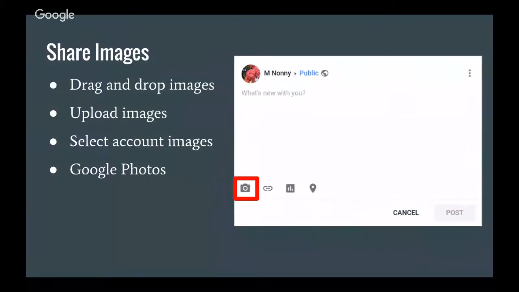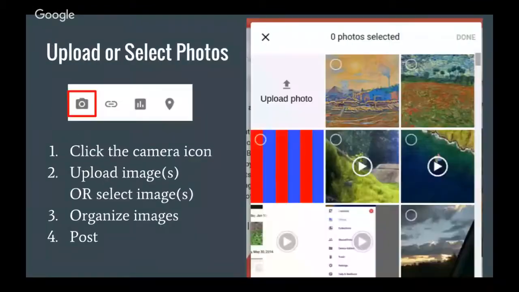If you share images, you can actually drag and drop the images right into the post. That's a recent feature that they just added. I like that too, to be honest with you. It's really easy to drag and drop. But if you don't want to drag and drop, just click the little camera icon. That will give you the option to either upload a new photo or select one of your recent images that's already uploaded to your Google account. The recent images really only works well with images that are recent, because otherwise you'd be scrolling forever trying to find the image you want.